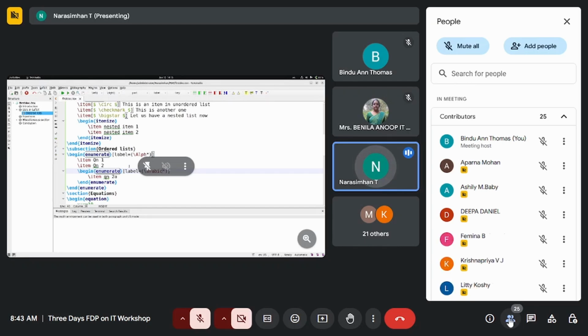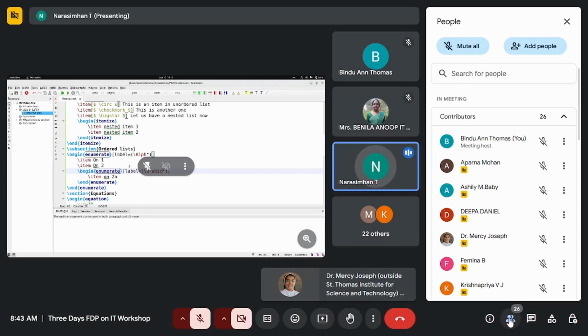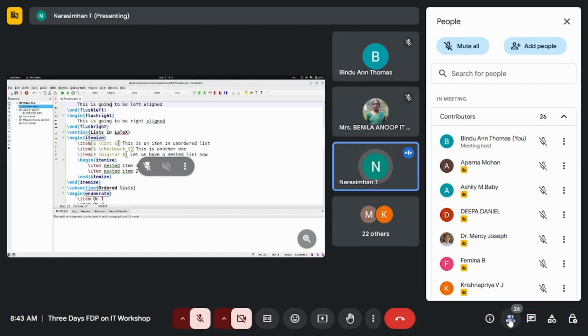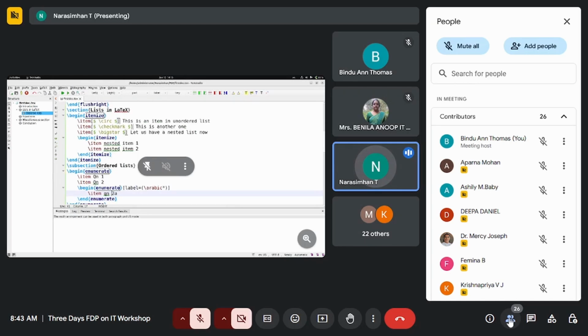Now I will wind this up with a remark. For example, what we did was include a separate package, enumitem, for tweaking all this stuff, right? So even without using a package, it is possible to change the way the labels look. For example, here it's alphabetic, right? So instead of giving it as a label here, I will use a different way to achieve this. What I can probably do is write like this,